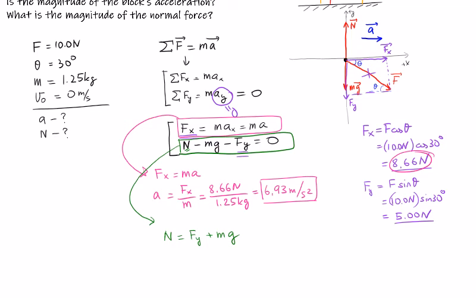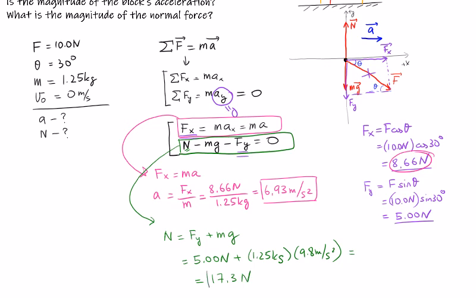Let's plug in the numbers. I have 5.00 newtons for Fy plus mg, which is 1.25 kilograms times 9.8 meters per second squared, and that equals 17.3